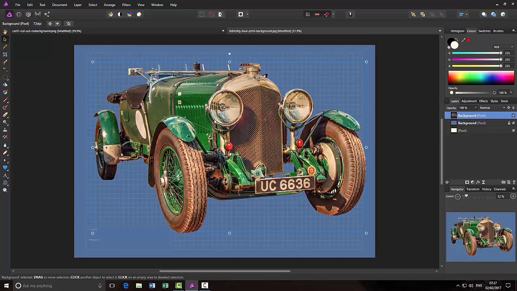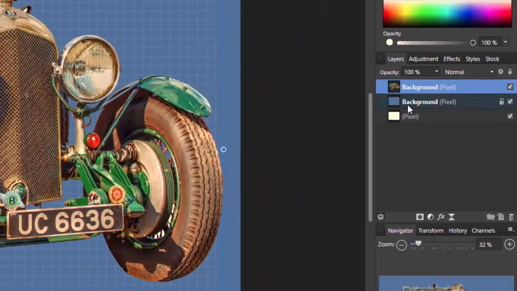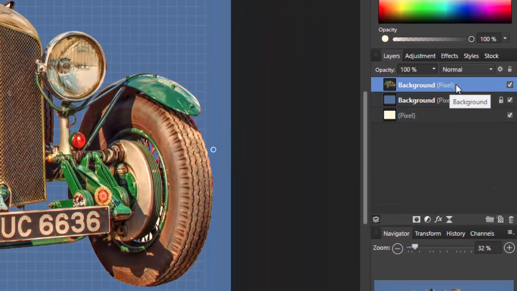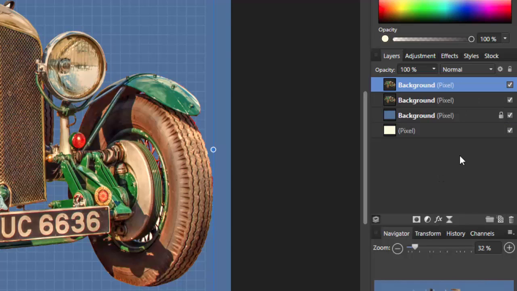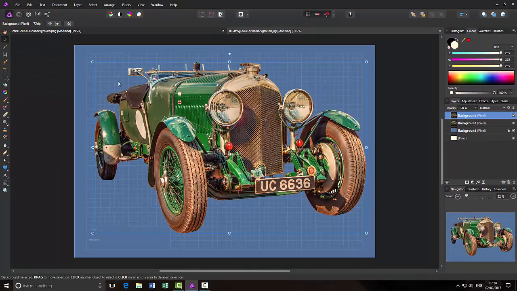Now, unlike the last one where I resized it, I'll leave this bigger because I'm going to be deleting a lot of the background, so it's not that important. So once we have that in place, I now need to make a duplicate of this layer, and to do that I can just right click this top layer, come down to duplicate, or you can use Control and J. So there we have our 4 layers now: the white, the coloured background, and then the 2 versions of the image here. Let me just get rid of the move tool a second so we're not having all these dots